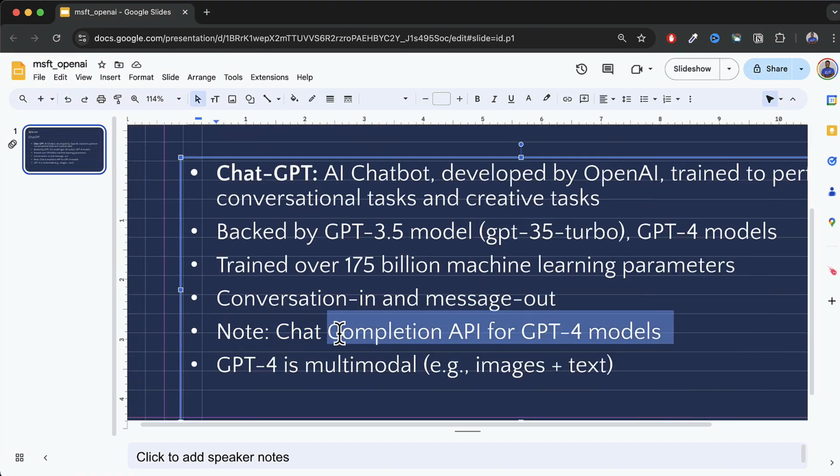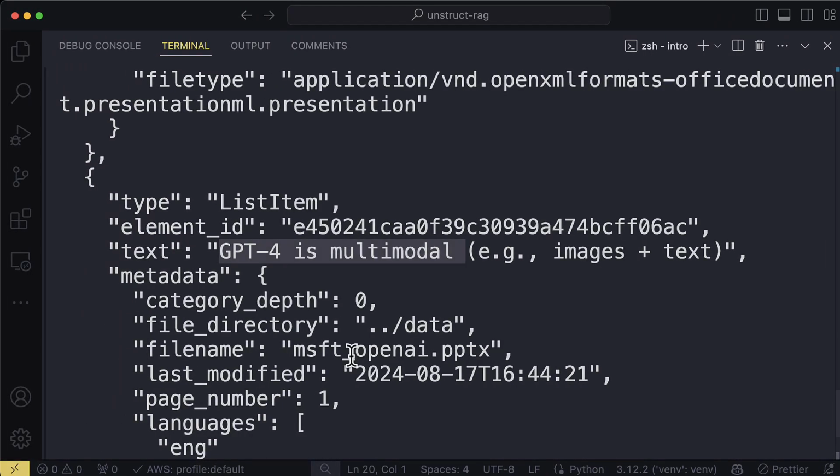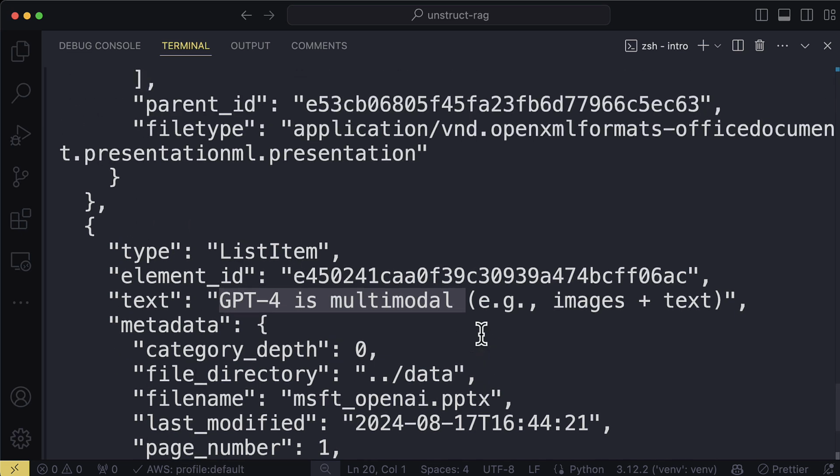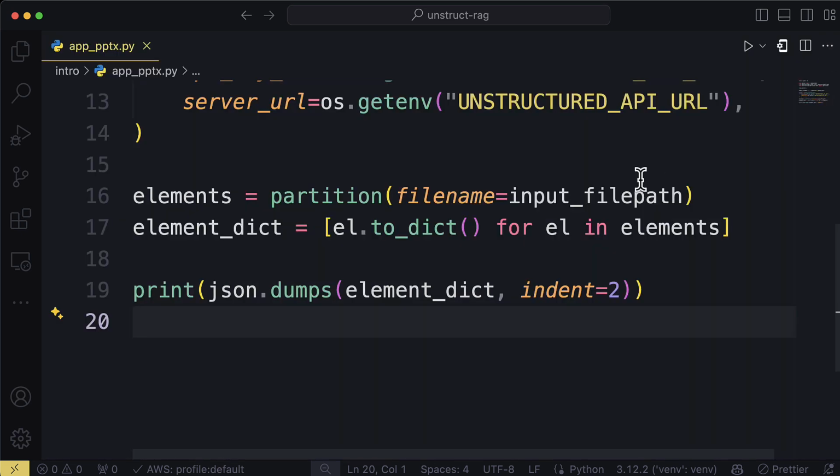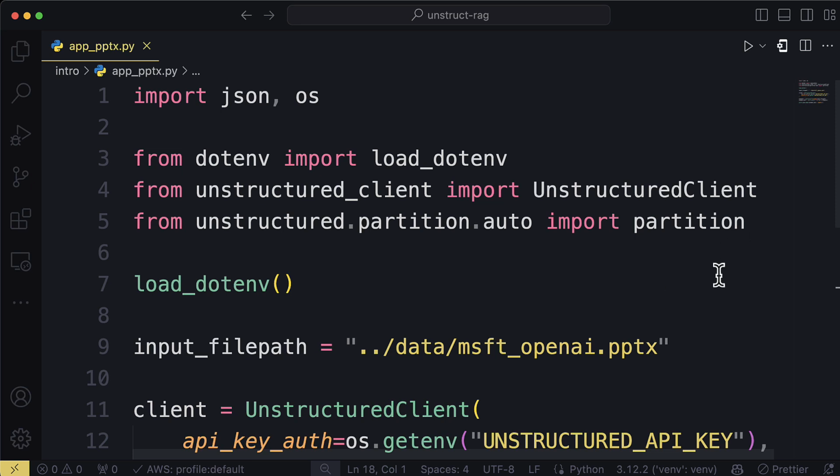And voila, GPT-4 is multimodal, as you see here. So this was a really good example to show you how indeed this works really easily. We just pass the file and then done, essentially. Now, the other way we could have done the same thing here is, if we wanted, we could also import,